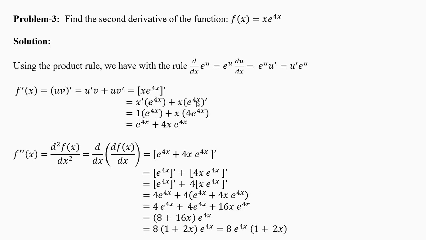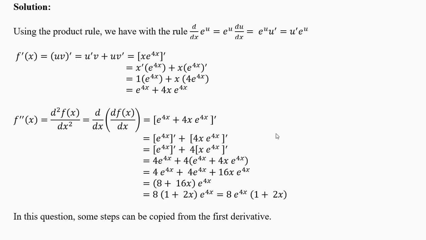first function into derivative of the second function. What's the derivative of e power 4x? E power 4x into derivative of 4x, which is 4. We'll write it on the left because 4 is a number. If it is something else, then we can write it on the right. 4 e power 4x. Now open the bracket. This 1 into this thing is the same thing. X into this will become 4x into e power 4x. We will not do any algebra in this because we have to find the second derivative.